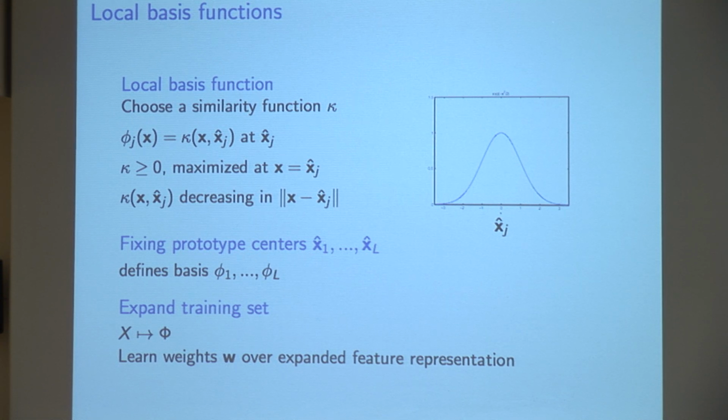Sorry, I don't have a matrix here, but if I had my original data matrix and I look at a row, my new feature representation of that data point is just a vector of similarities to all the other data. Reasonable. In fact, there's nothing to stop you from mixing any of these expansions. I could add splines, whatever. You could even compose, as long as it's a fixed pre-processing step. And so it's the same game. We just expand out the training data. Then it's just a linear learning problem. We optimize the coefficients under whatever loss you're interested in.